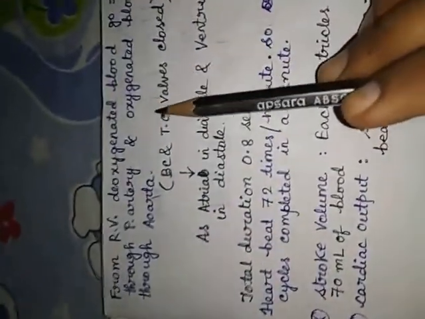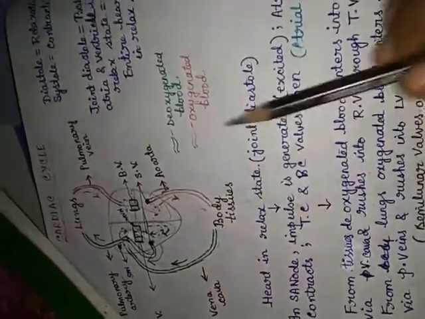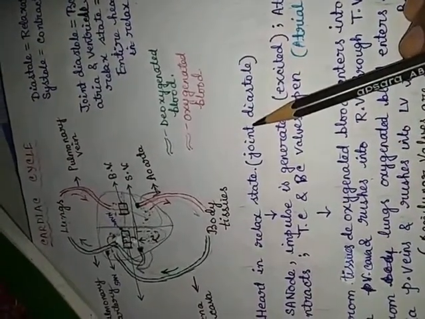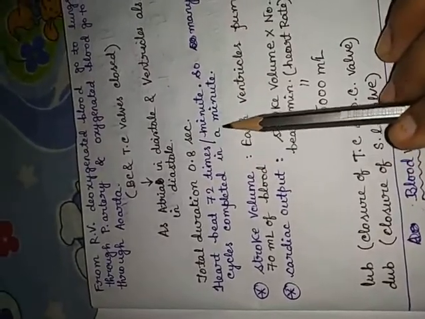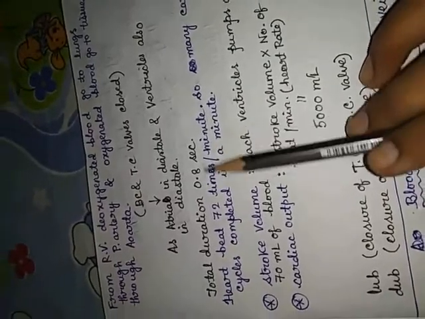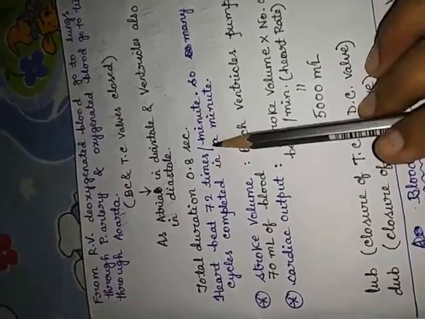And at last, after the blood from both the ventricles goes to their respective paths, the ventricles become relaxed, means diastole, and the atrial is also in diastolic state, means the entire heart becomes relaxed again, means joint diastole. It comes to this condition again, and this pathway is repeated. Okay, this cycle takes about 0.8 second only, and as we all know, in a minute the heart beats 72 times. That means in a minute so many cardiac cycles can be completed.